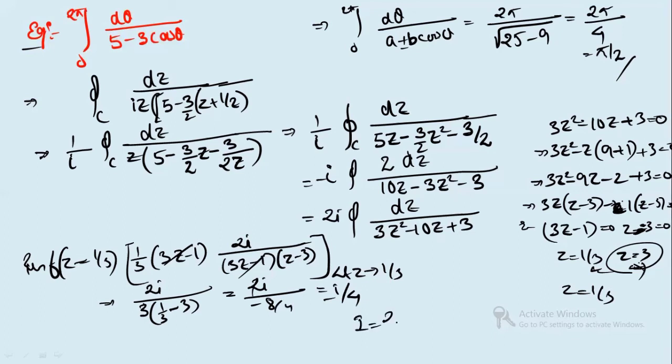Now I is equals to 2 pi i into the sum of the residue. Only one residue is there, minus i by 4. 2 2s are 4, right? So you will get pi by 2, because i into i is i square. Okay, i square is minus 1. You have a negative sign here. So this is the value of this particular integral. So you can see here you got pi by 2, here also you got pi by 2. All right. So it's on you, you can use directly the formula also.